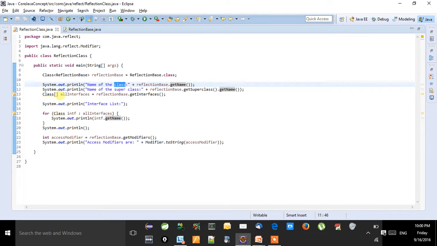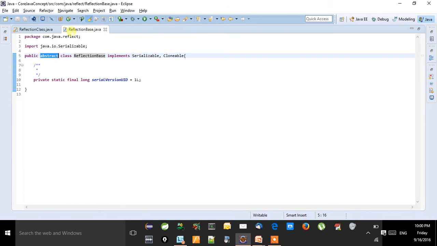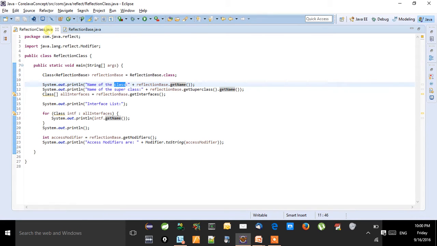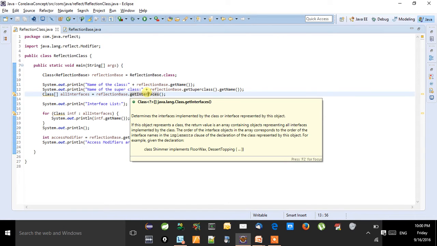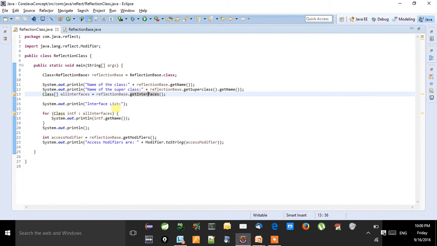In order to get the interfaces of the base class, I get the list of implemented interfaces in the form of a class array by using the getInterfaces method.